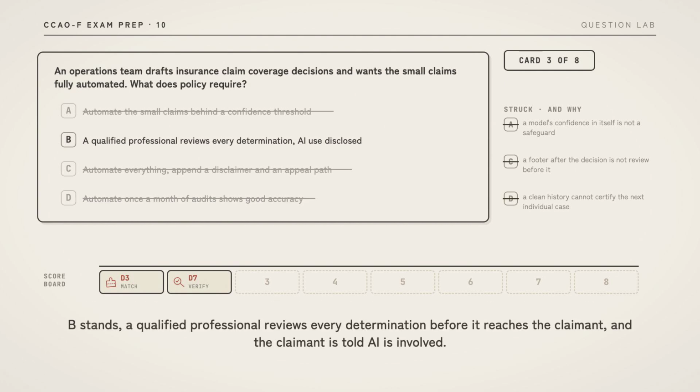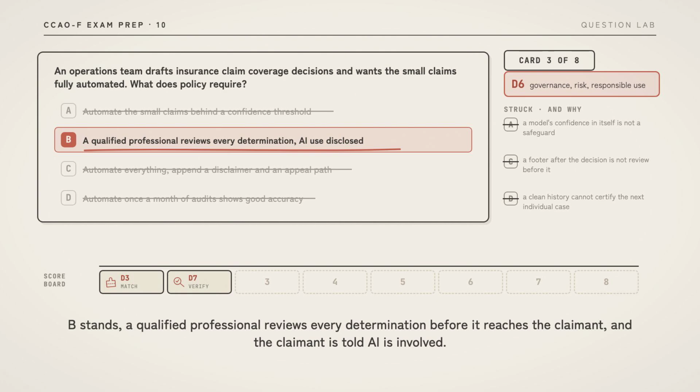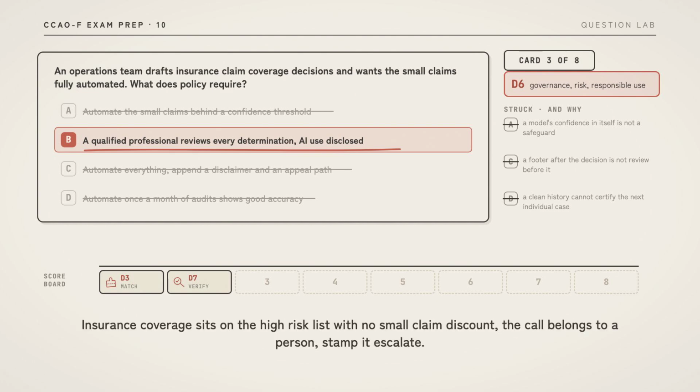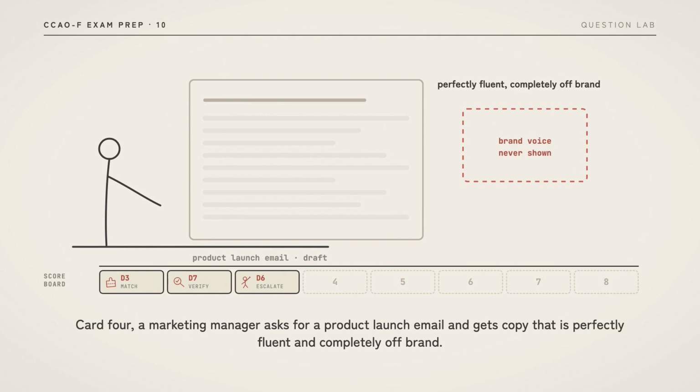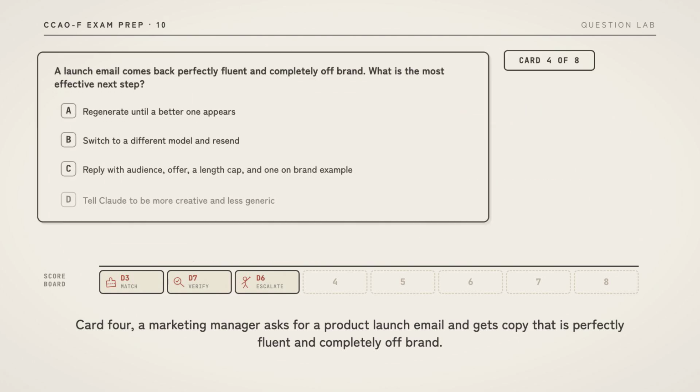B stands, a qualified professional reviews every determination before it reaches the claimant, and the claimant is told AI is involved. Insurance coverage sits on the high risk list with no small claim discount. The call belongs to a person, stamp it, escalate. Card 4. A marketing manager asks for a product launch email and gets copy that is perfectly fluent and completely